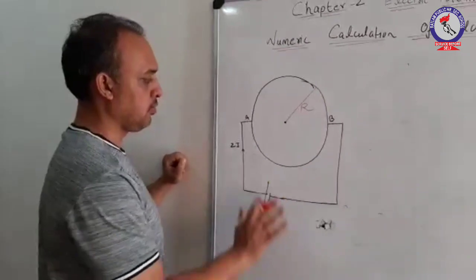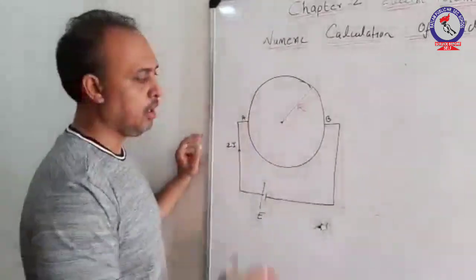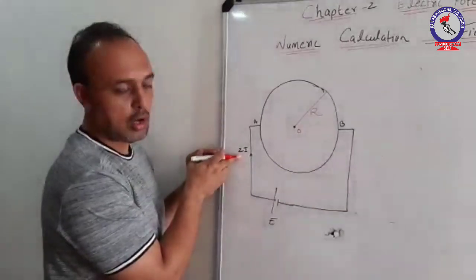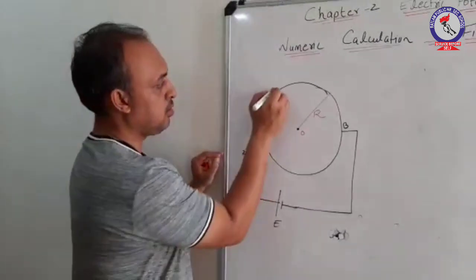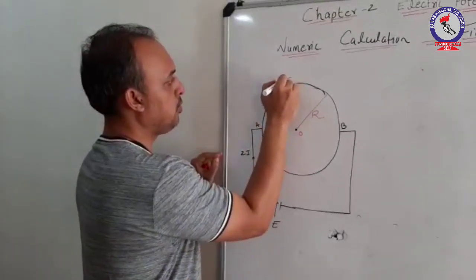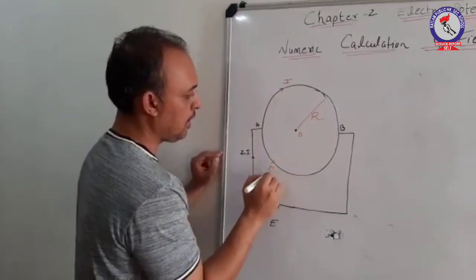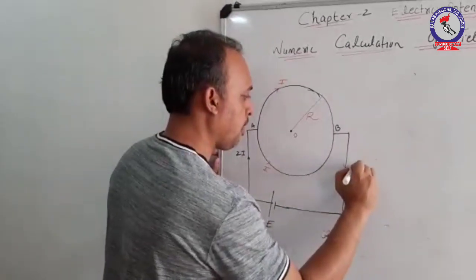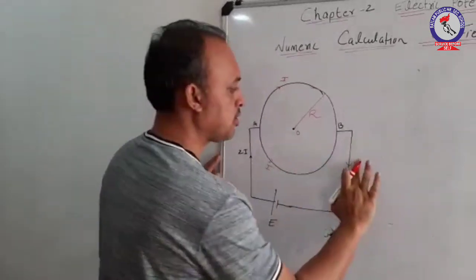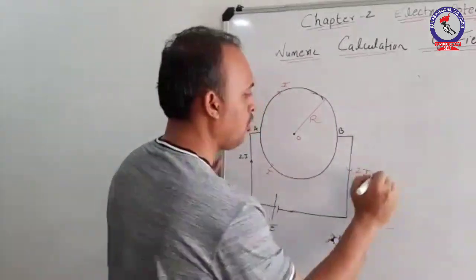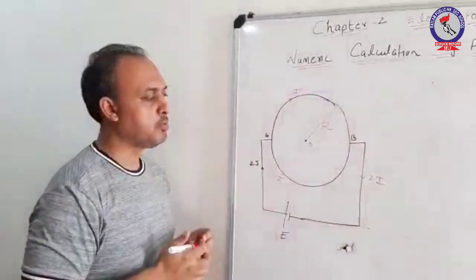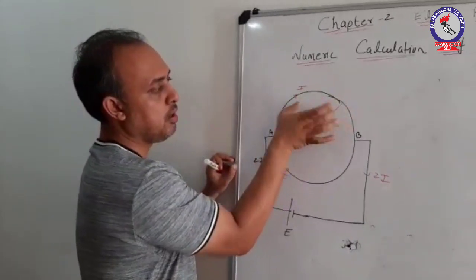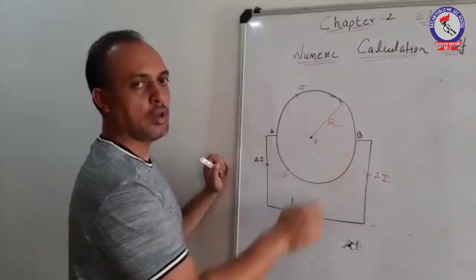You need to calculate the net field due to the current flowing through it at the center of this circular coil. As the current 2I emerges from this battery E, let us suppose this current splits up into I and I in the upper semicircle and the lower semicircle. What confuses us in such numericals is that we observe a simple circle, but if we observe the direction of current, you will see that the current is clockwise in the upper coil and anti-clockwise in the lower coil.